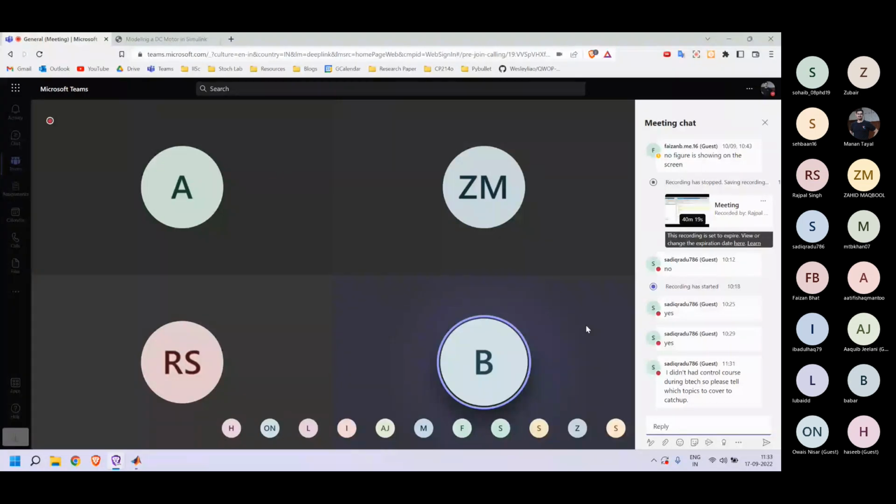So it's not because control systems is a full-fledged course, so it requires some learning. But the course that we are doing, the robot mechanics course, these tutorials are just to illustrate the basics of Simulink. So even if you don't understand control concepts, you still learn how to use Simulink and model